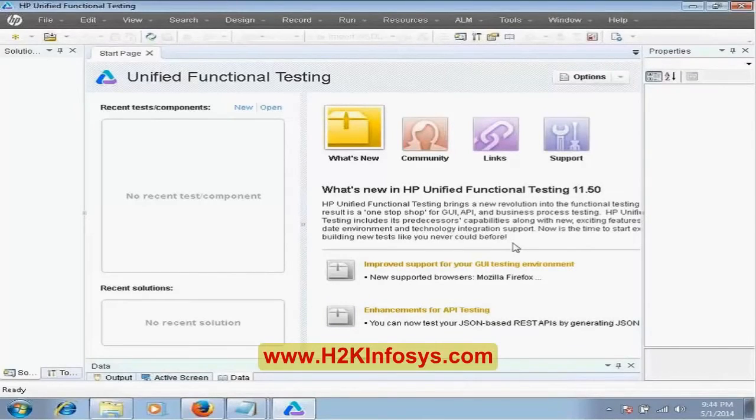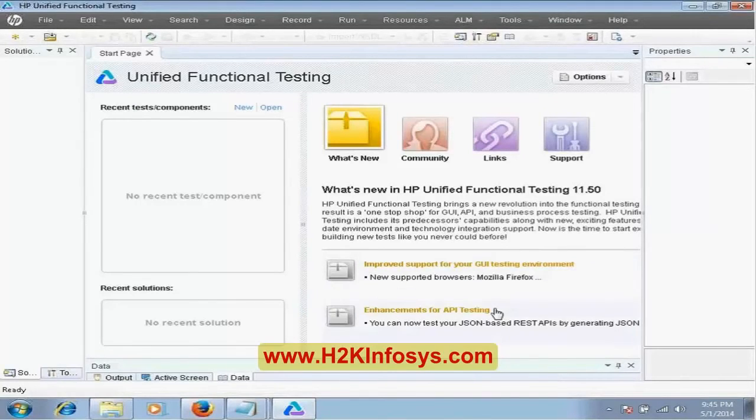So you can test any kind of these APIs using this UFT. Okay, that part anyway we're going to look at later. We're going to do this API testing. So there are the enhancements they did,